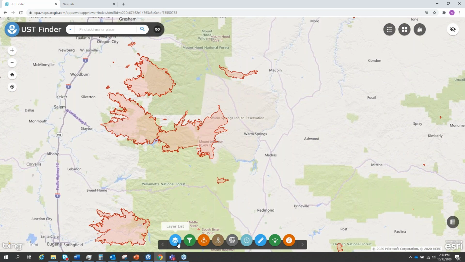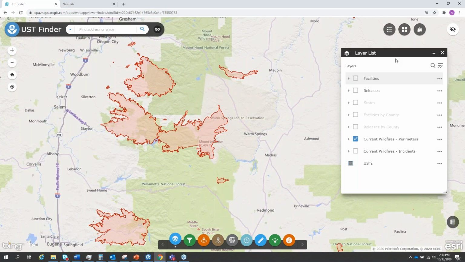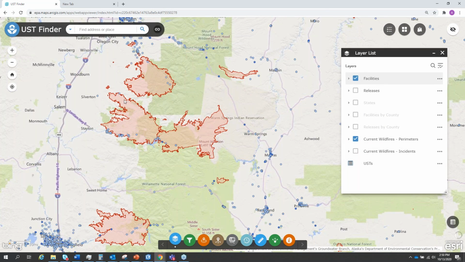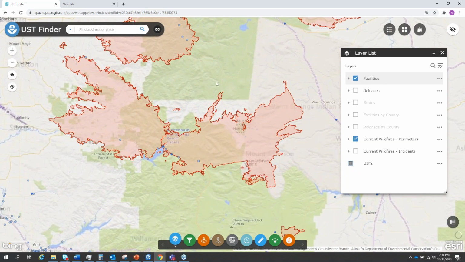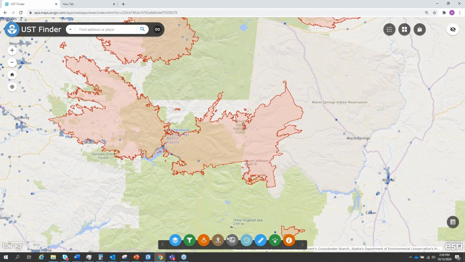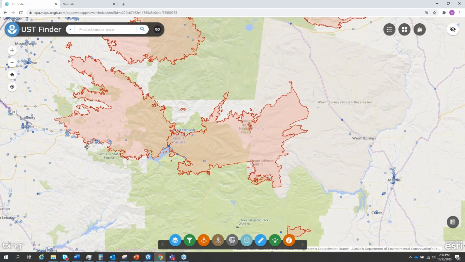Here we're in Oregon, and then we can look at the vulnerability of our UST systems to these wildfires. So here I've just toggled on the facility layer, and we can look at what potential risks these USTs have with wildfires. We've included a tool where you can easily generate an area of interest report of any area you want, whether it's a source water protection area or a fire area, or maybe it's a hurricane path.